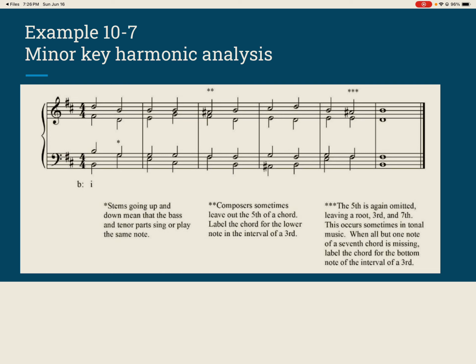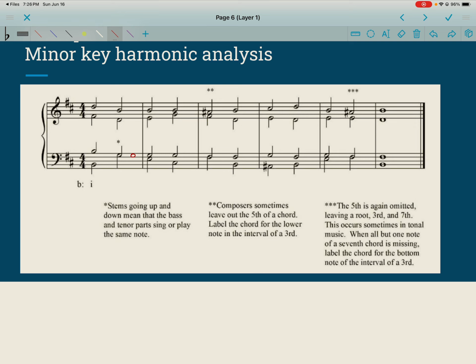This doesn't have to be the bass clef staff. However, I find it most effective on the bass clef staff, because in the next module, whatever note is in the bass may not always be the root of the chord. So if we look over here, we have a G, we have a D, and we have a B natural. So if I'm looking here, I have G, B, and D, and we're in the key of B minor, which, by the way,